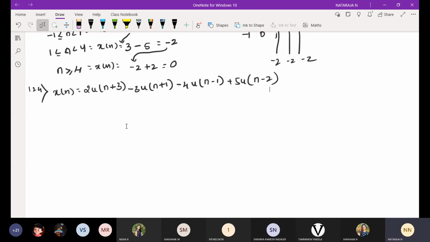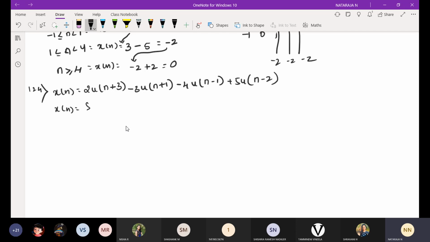Then the next step, if you consider n plus 1, from +1 to -1, what is the amplitude? That is -3 amplitude, no? Yeah, that we need to consider. If it is -3, you can consider -3, or if +3, you can consider +3. Okay, shall I move to the next problem? Whatever the answer you got, for that you have to sketch the signal.